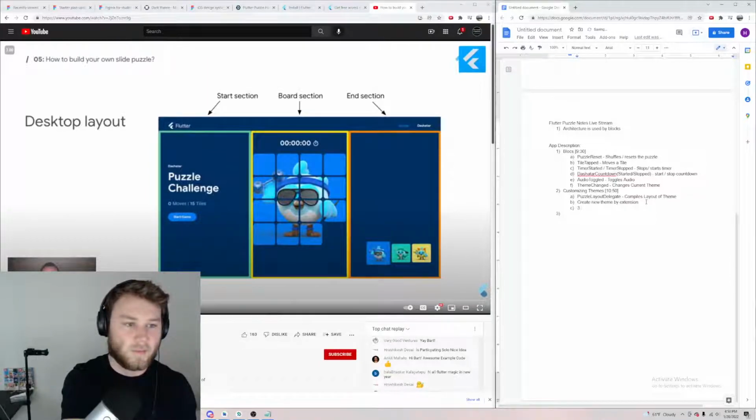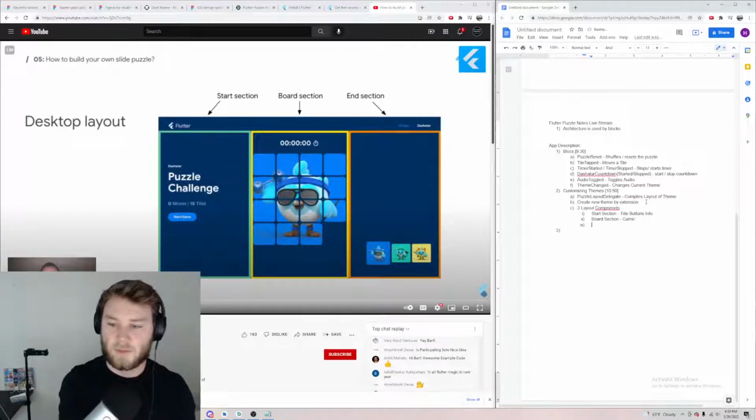Three layout starts title button. So that game